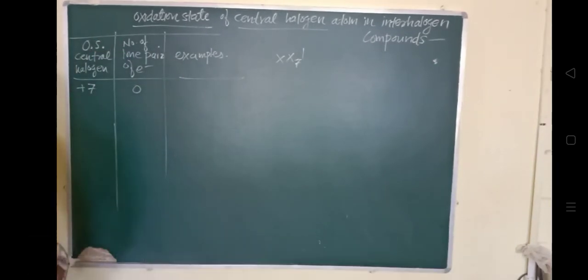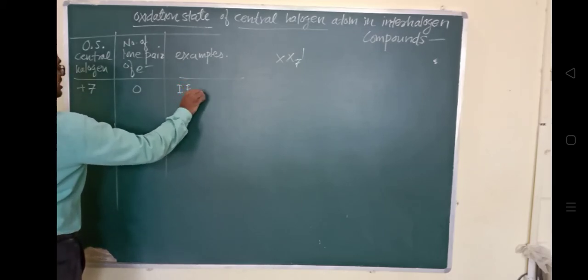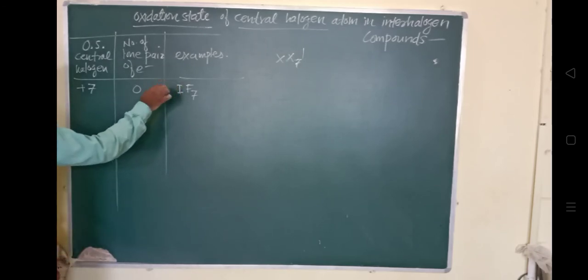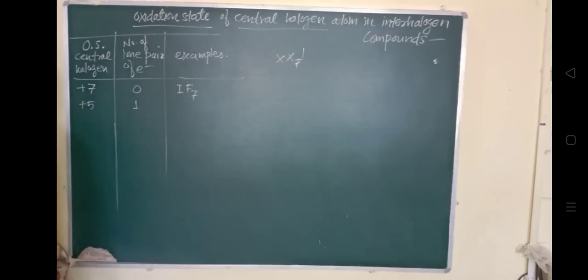And the total number of lone pairs is 0 in this case. Iodine is the central halogen here. Then next, in the +5 oxidation state, the lone pairs will be 1, and the examples are ClF5, BrF5, then IF5: chlorine pentafluoride, bromine pentafluoride, iodine pentafluoride. Here chlorine, bromine, iodine are respectively the central halogen atom,